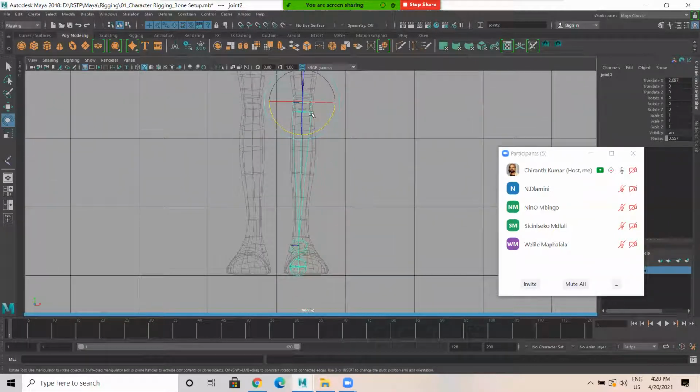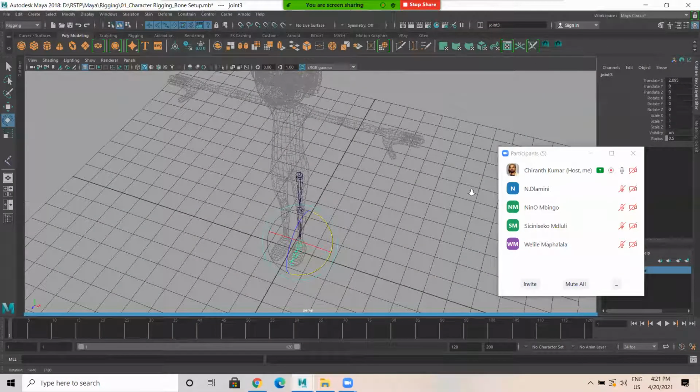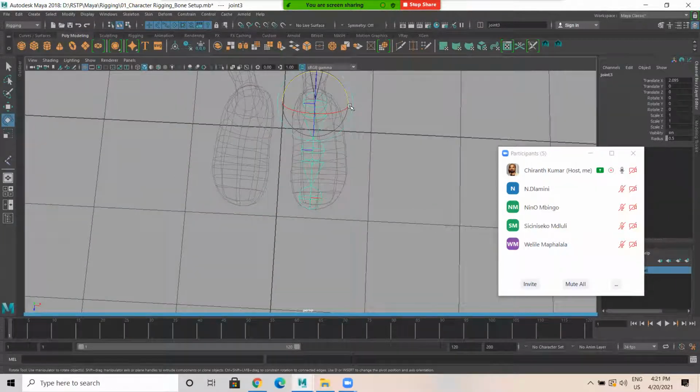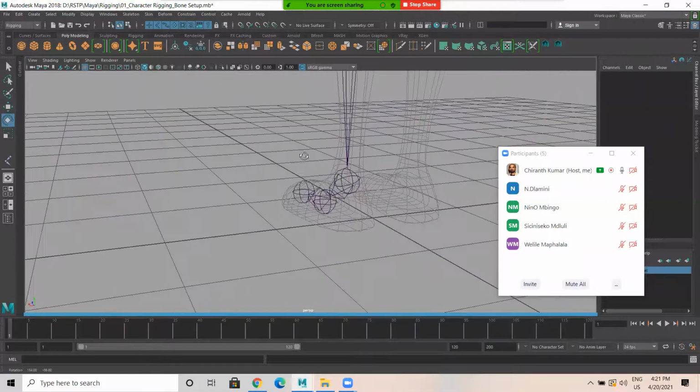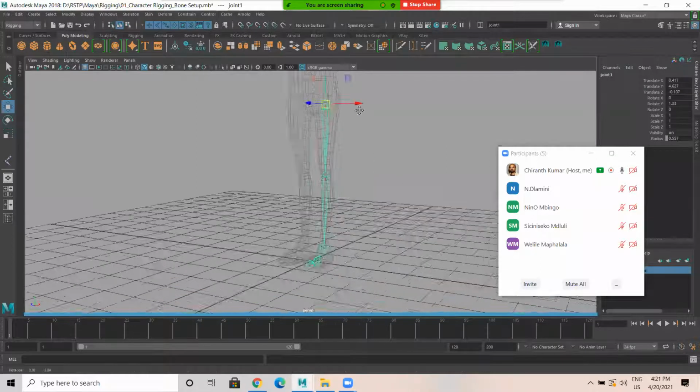Now I select this knee joint. I want this to be in the center, means the ankle to be in the center. Now the ankle is in the center. Now I select the ankle. I'll come over here. It's something like this. Okay, it has to be rotation only. Okay, so now I select this.